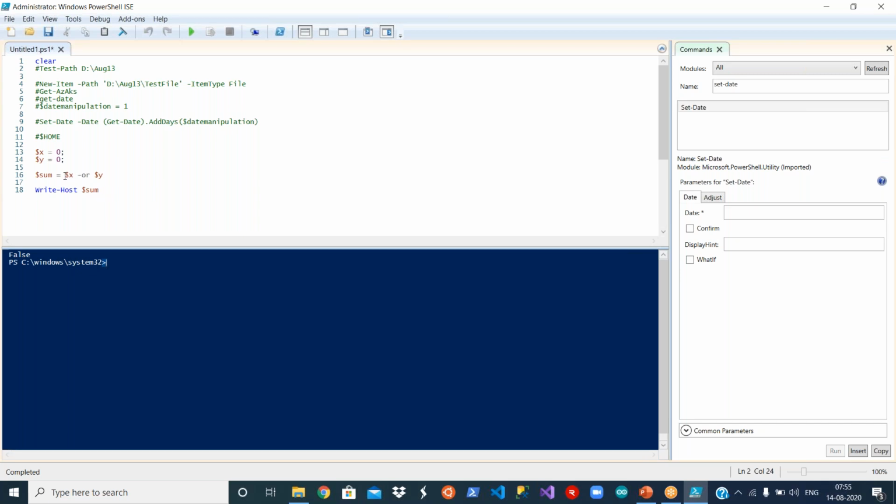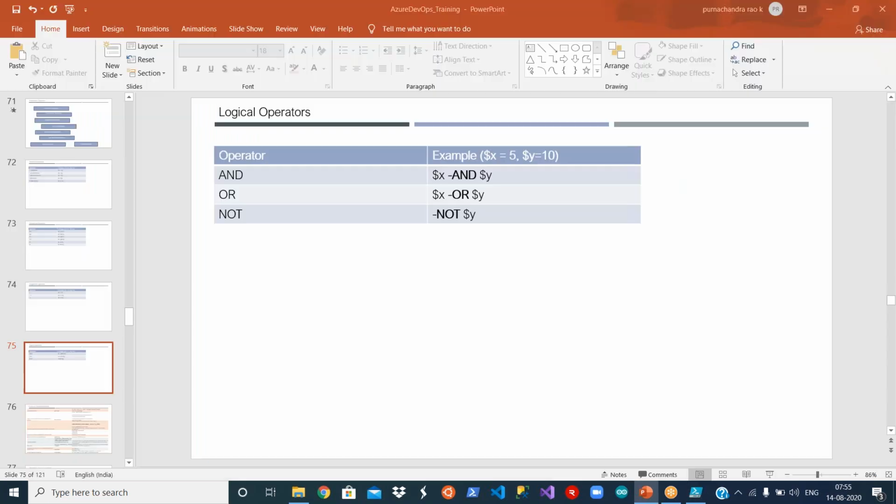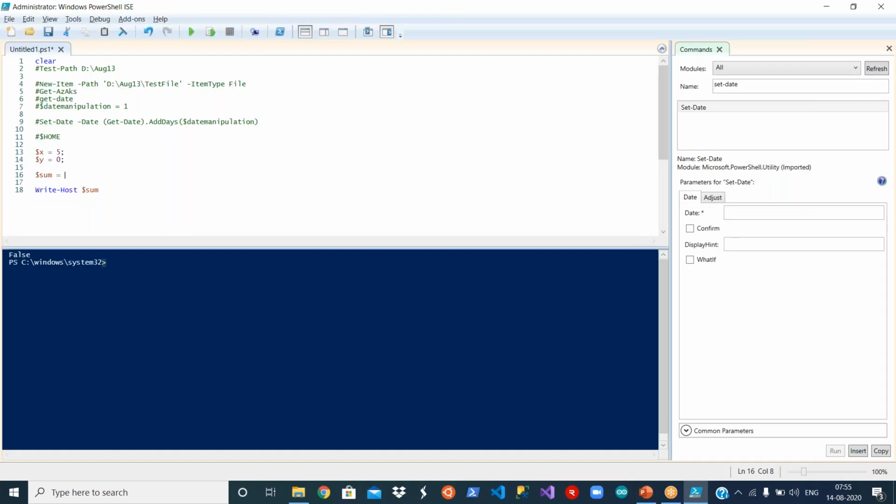So what is not? So let me make something. If we have the not also, right, how do you use a not? Hyphen not, and then $x.